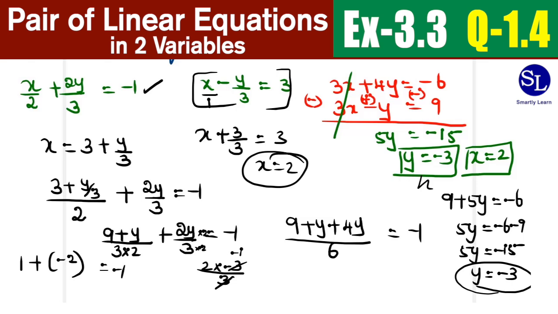Now let's do the second equation. So x is equal to 2. So I'm keeping the 2 there as such. y is minus 3. So minus 3 divided by 3 is minus 1. Minus 1 into minus is going to be plus, so 2 plus 1 is equal to 3. So on substituting in the second equation also, we are seeing that LHS is equal to RHS. Therefore, the answer x is equal to 2 and y is equal to minus 3 is correct.